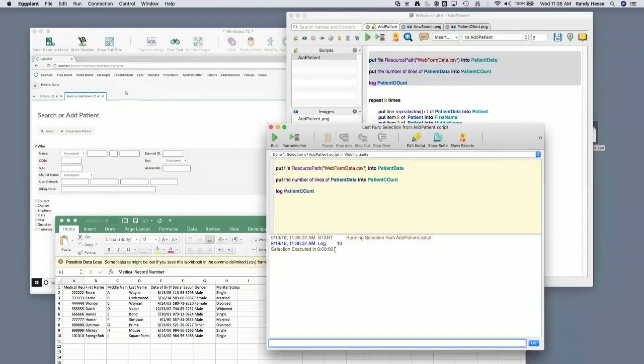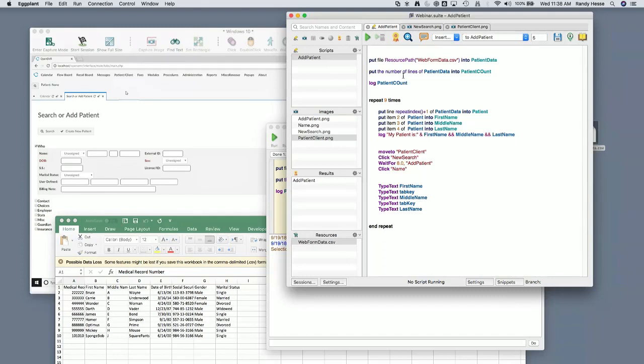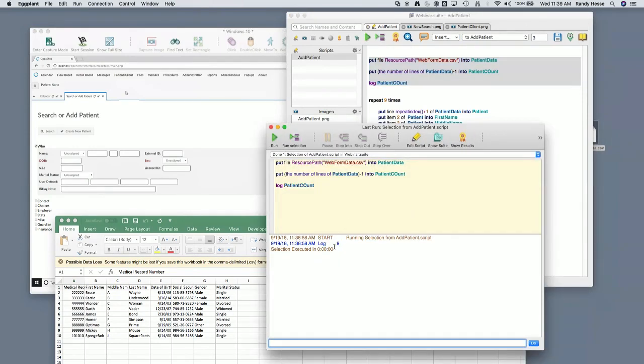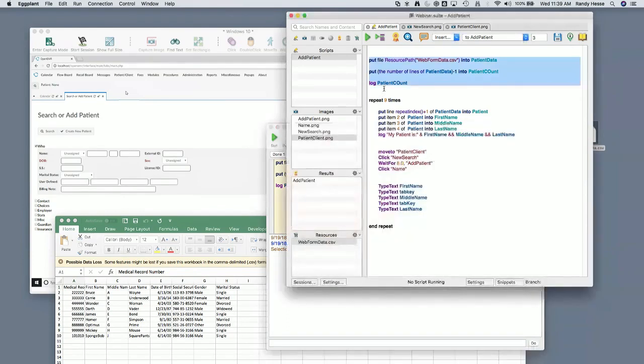All right, look what returned, 10 lines. Now again, I'm counting how many lines are in this file. I only have 9 patients, so I need to do this, just -1, because my header is not going to change. So when I run it, I have 9, essentially 9 patients. So instead of hardcoding it to 9 times, what I'm going to do is take this guy right here,